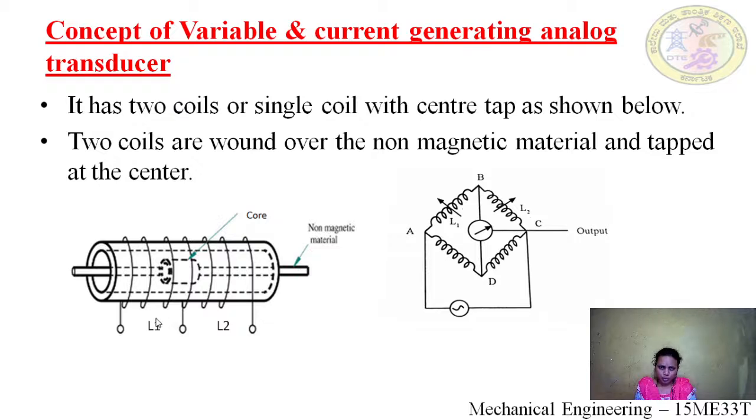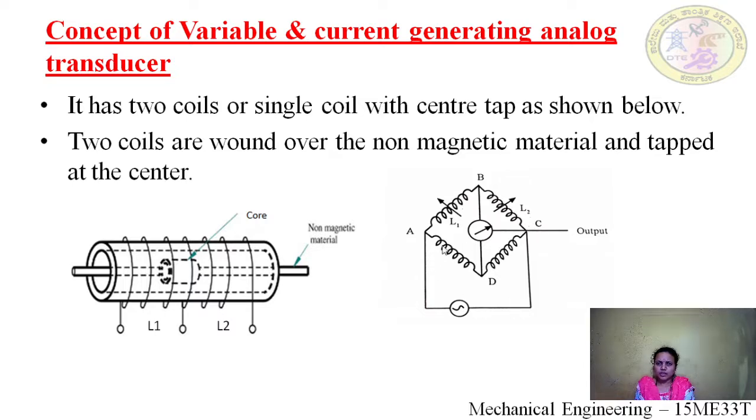Suppose the core moves to the left side: the inductance in L1 increases and the inductance in L2 decreases. There will be a change in the inductance. When a pressure is applied, what happens? We see the change in the inductance. So now these two inductances, we are connecting